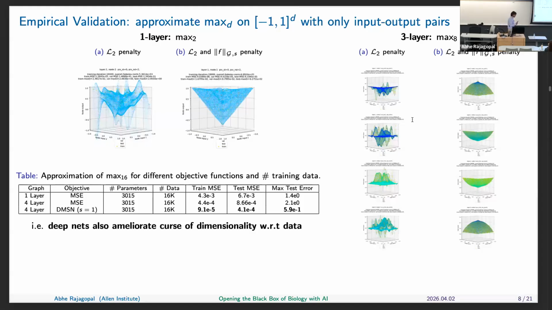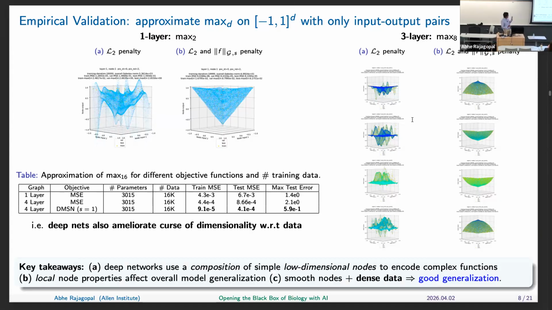But what we find is that empirically, and there's not a theorem for this because it's using a finite amount of data, but empirically, we seem to avoid the curse of dimensionality with respect to how many data points we need as well. Meaning that maybe because there's fewer parameters to estimate, maybe you need less data as well to estimate them. And so empirically, that's what appears to be the case.